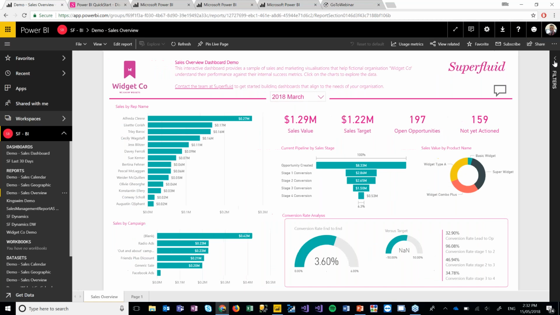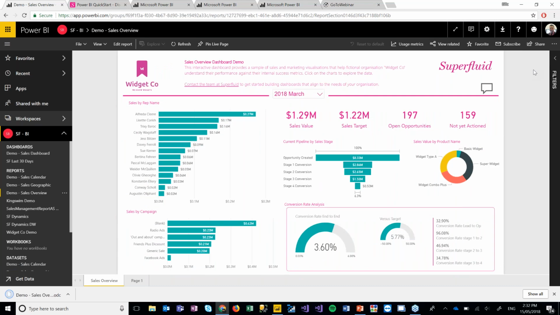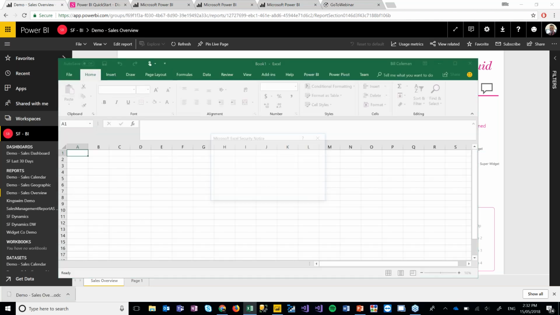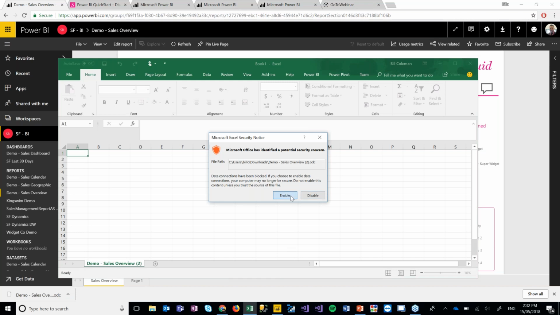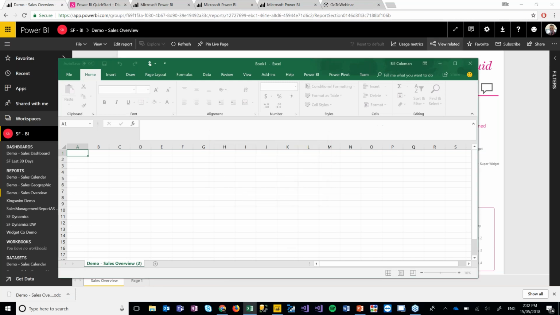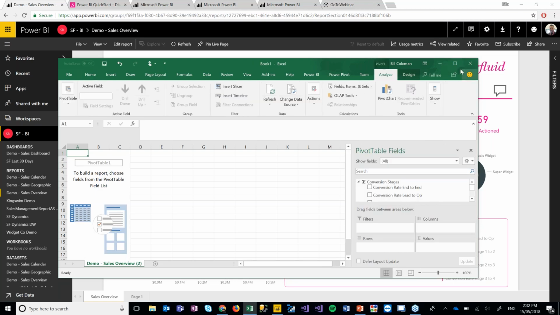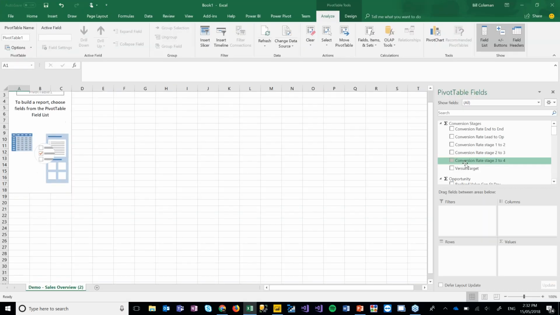Another interesting feature as well is the ability to analyze it in Excel. So this goes back to what we were talking about with our power users. Anyone who's coming from a traditional Excel environment is going to be able to take your online dashboard and connect to it in a Power Query type way. And you'll see now in a moment all of those fields that we were dealing with in the desktop application are going to be available here. Now they've just popped up. So we can go,